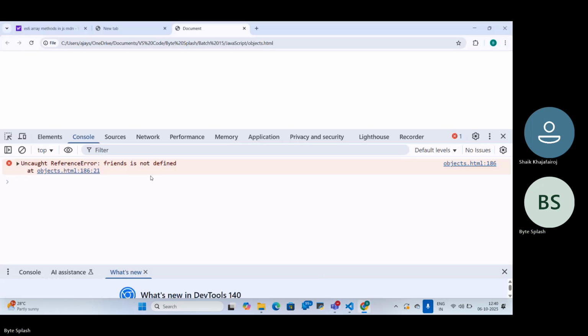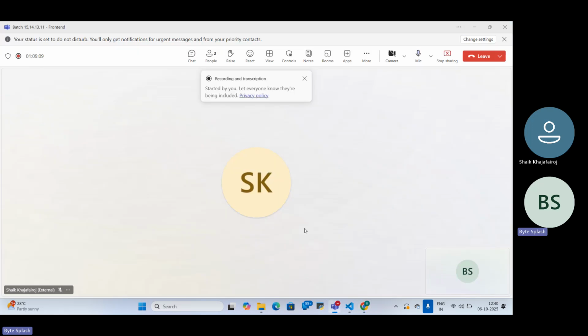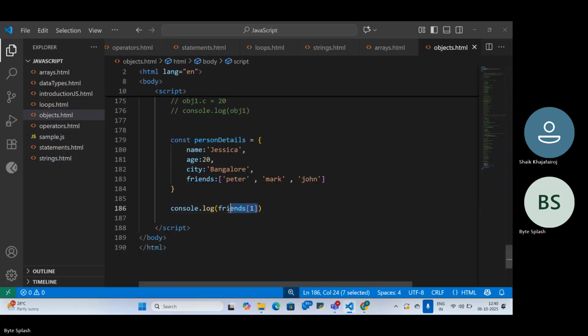So how to access? How to access this name? Jessica. Person details dot